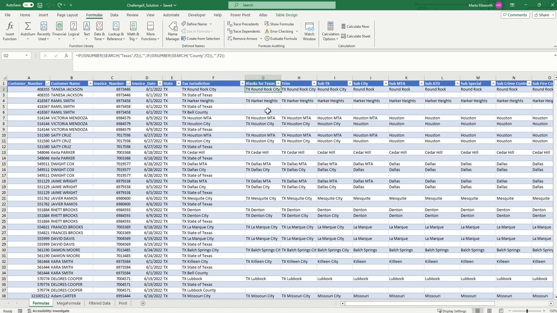So first, starting off, we need to get rid of any of the columns that say either Texas or county. We want them to be blank because we're not going to aggregate the taxes for that column, because they aren't for the city taxes, they're for separate state taxes. So